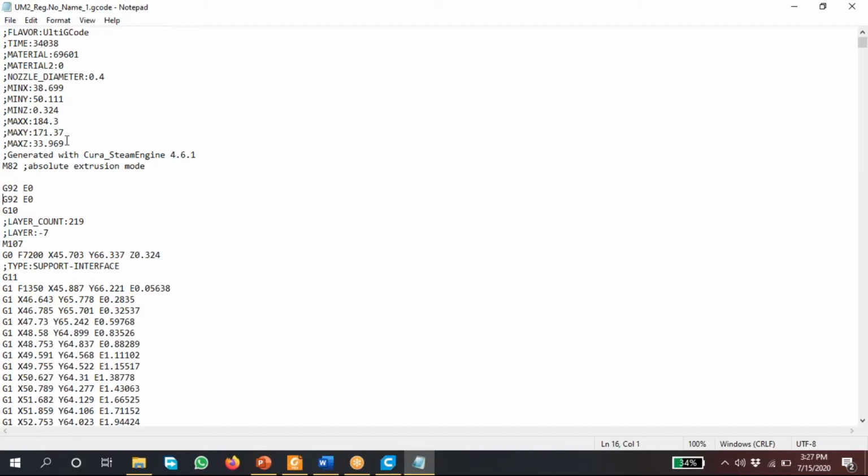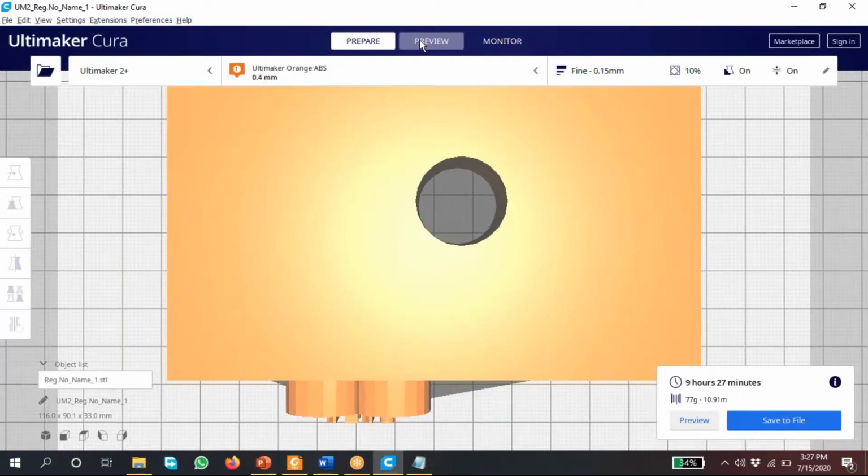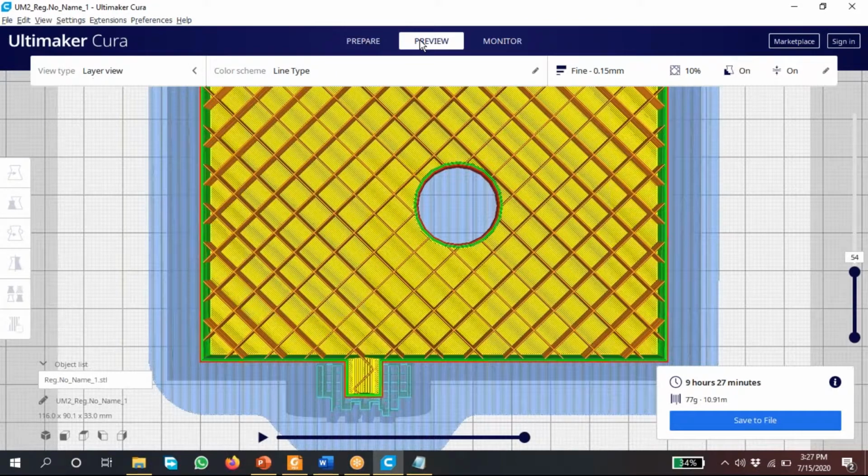One question: what type of compiler will it use for G code for Ultimaker? Like we have Fanuc, do you have any specific compiler for this also? It is already there, sir, in this. That's why we are seeing the preview and movement. What type of compiler is used in Ultimaker Cura? Have any idea about that? I don't have. Okay, thank you.